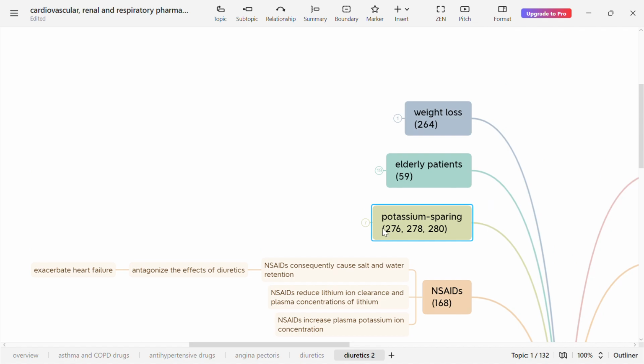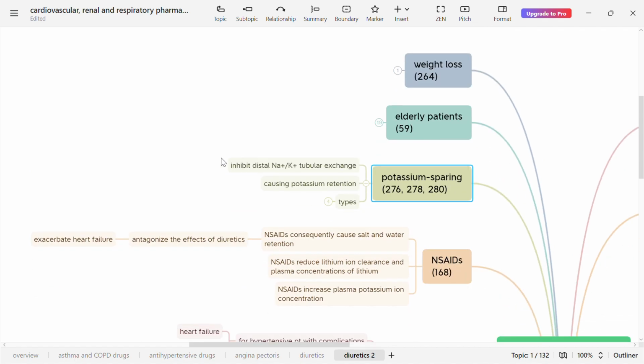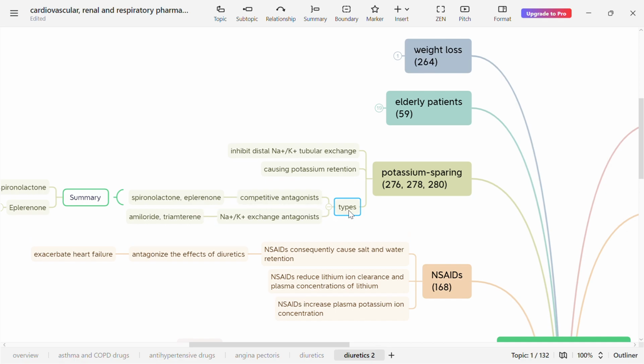We move to the potassium sparing diuretics, which inhibit distal sodium ion and potassium ion tubular exchange, causing potassium retention. There are two types of potassium sparing diuretics, which are the competitive antagonists and also the sodium ion potassium ion exchange antagonists. The examples include